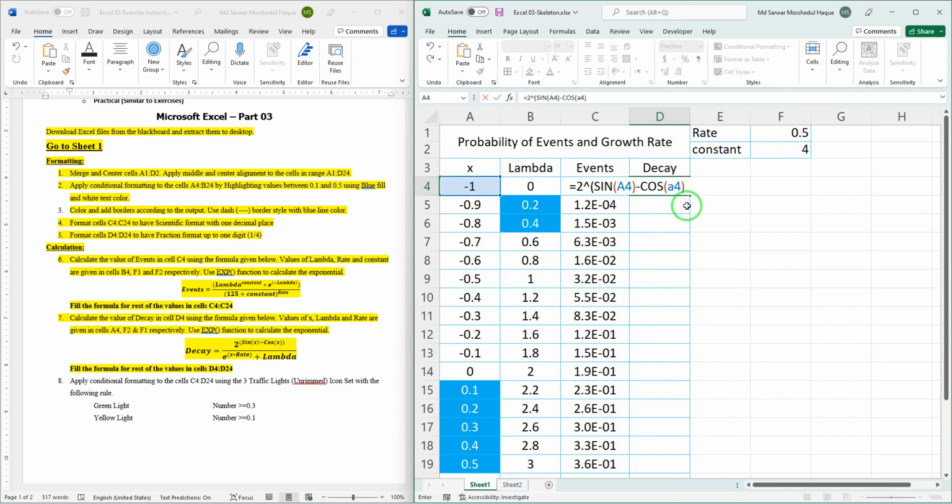So this is the power of 2, so we have to close the bracket for 2. So this 2 to the power, this whole sin x minus cos x is the power of 2. So this is the numerator, to divide by e to the power x multiply rate plus lambda. So we should use a bracket here, so we put the bracket for this